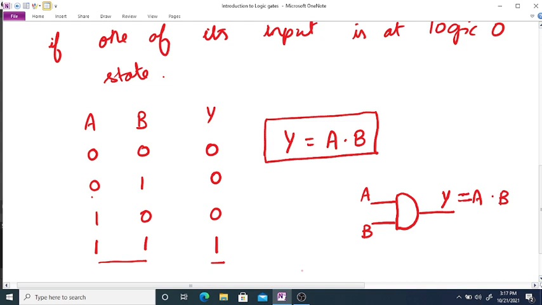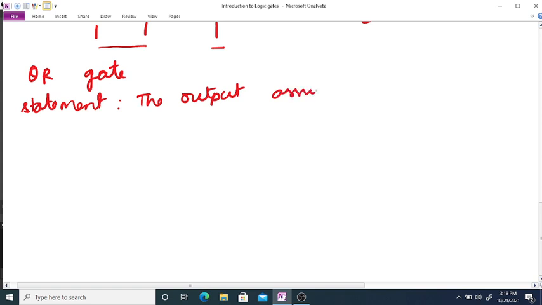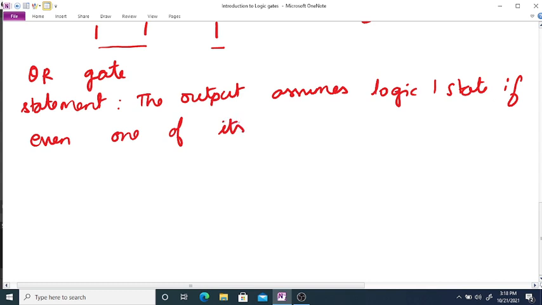Now, next we will have OR gate. So, the statement for OR gate will be the output assumes logic 1 state if even one of its input is in logic 1 state,